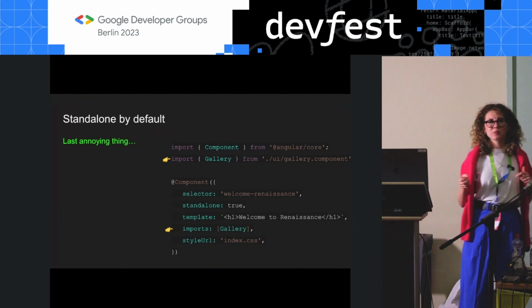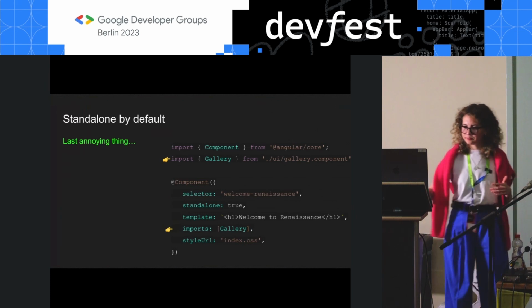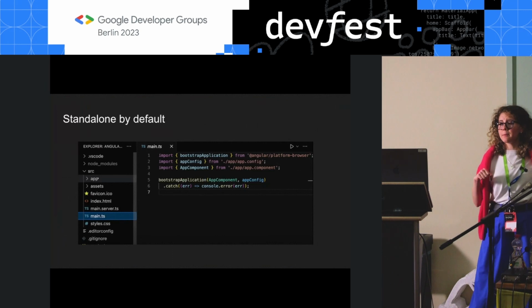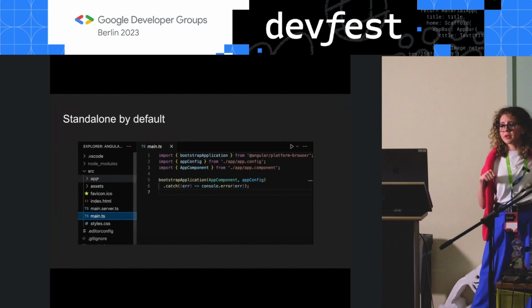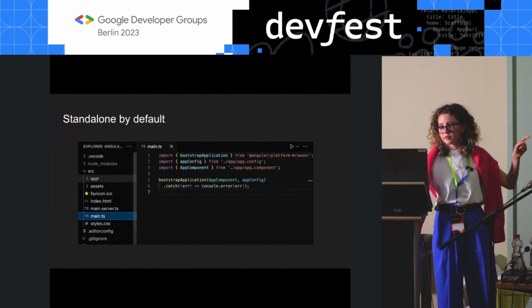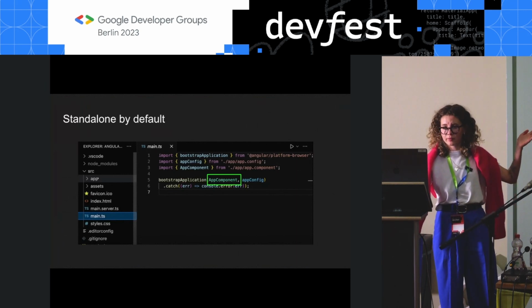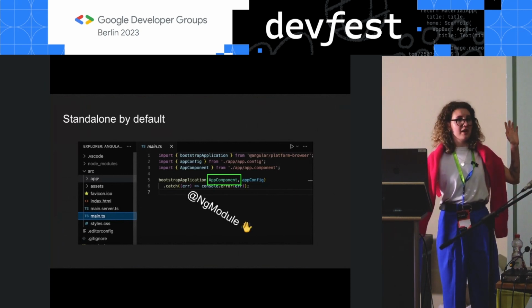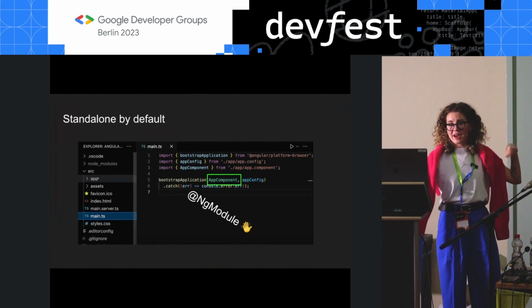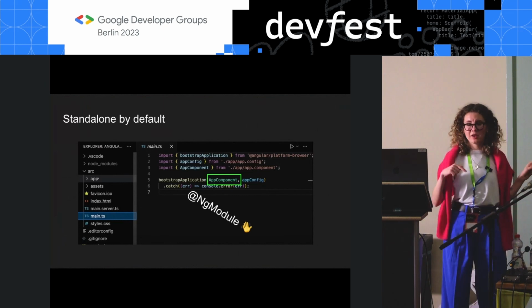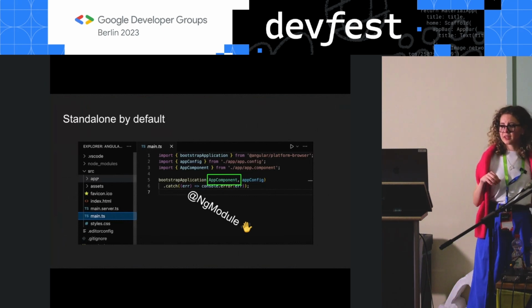Anyway, since there are no more modules, what will my app look like? Whenever you start a new app, you'll see something like this. There will be a main.ts file with your main Bootstrap application function, where you provide your root component, app component in this case, and your routing config in your app config. So basically, you could pretty much say, so long ng module. Now, do you remember the defer syntax that I showed you earlier using the at notation? Well, version 17 rewrites completely all the control flow using this syntax.